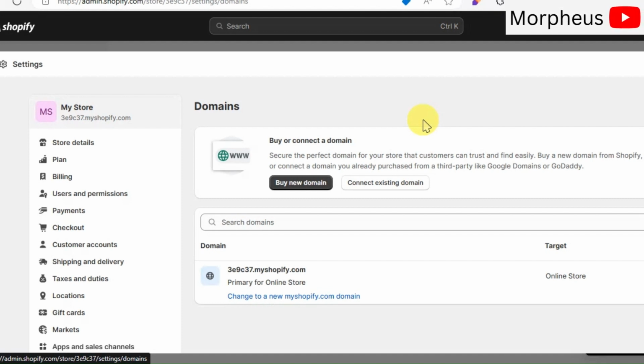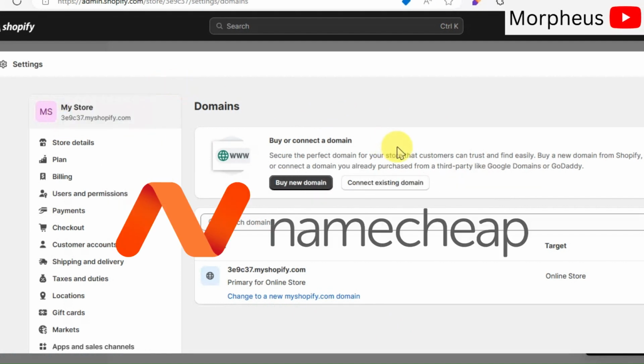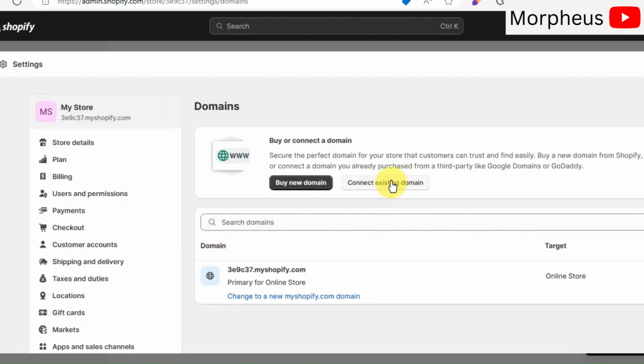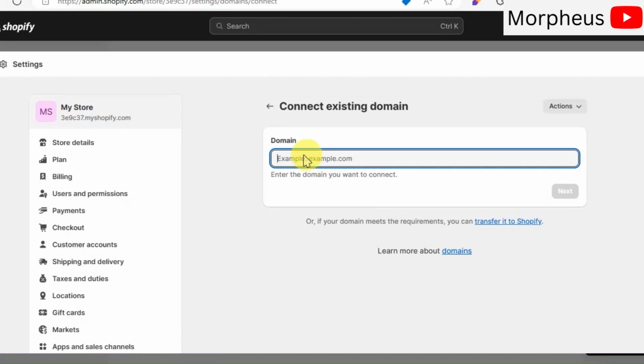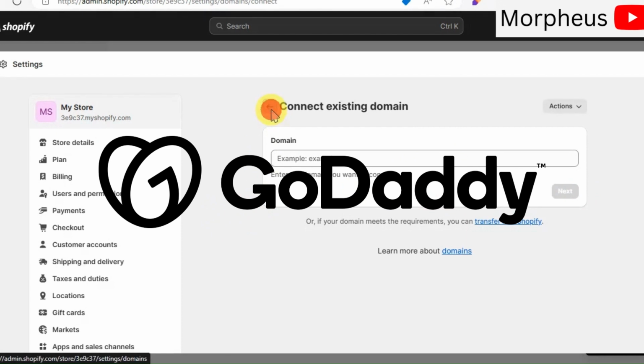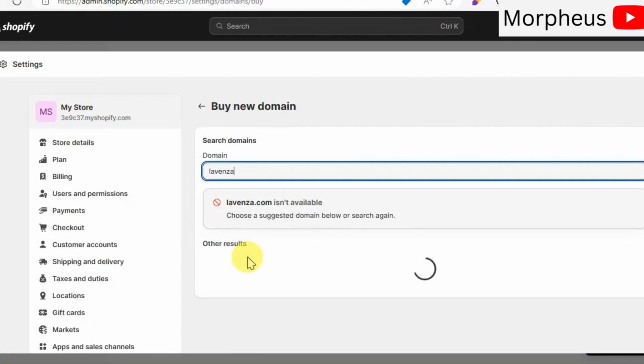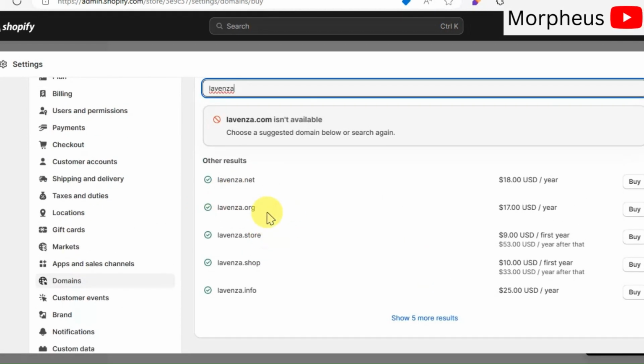So, for that, if you already have your own domain name, you can connect it to your Shopify store, if, for example, you bought it from GoDaddy or Namecheap or any other provider. Or you can simply buy a new one, either from Shopify or from GoDaddy, and connect it to your online store. I'll leave a link for you guys in the description box down below.